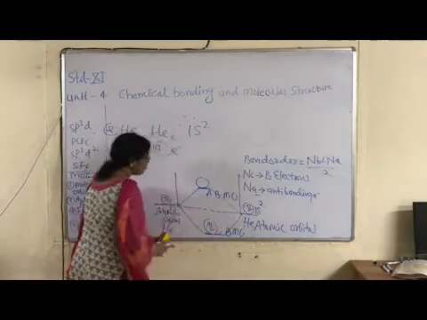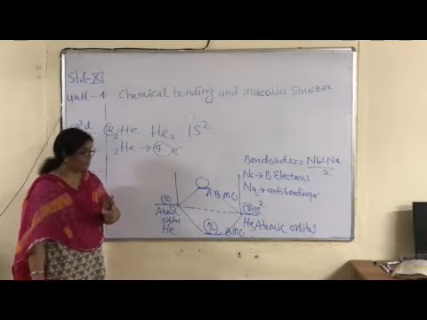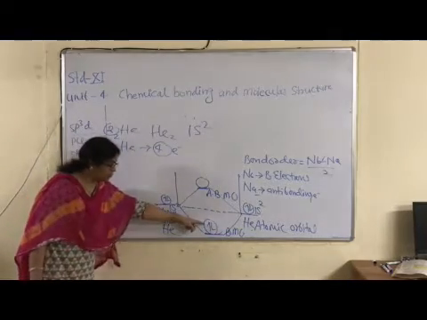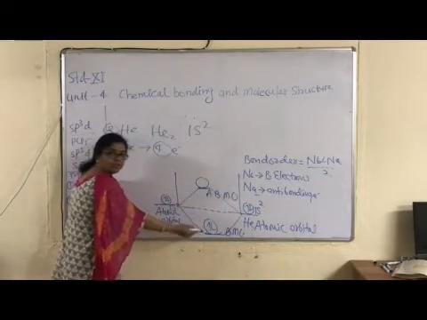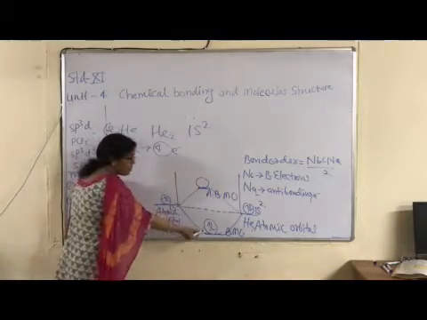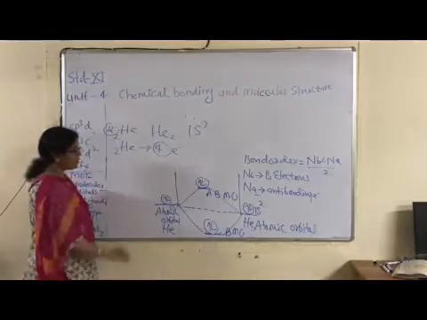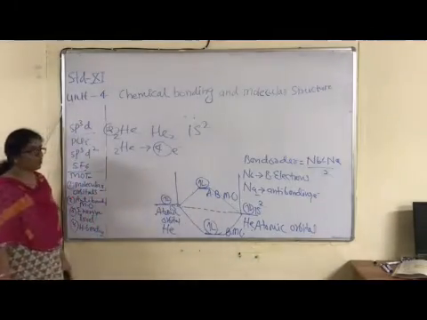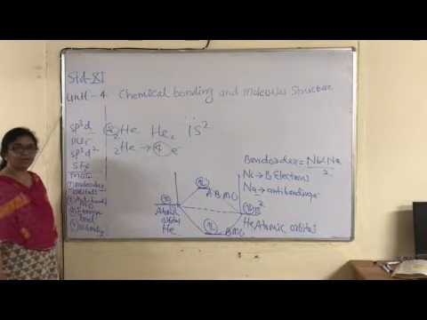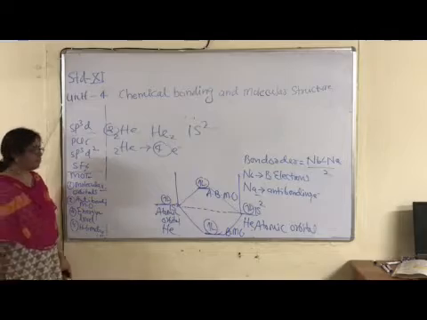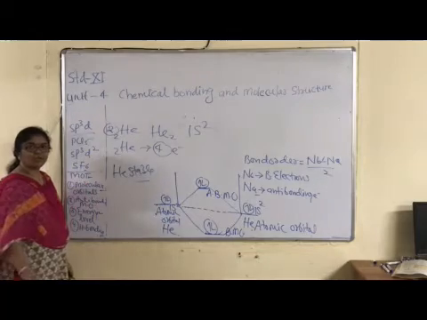Okay children? Then overlapping between the two, and formation of molecular orbitals of two different types: bonding molecular and antibonding molecular. 2 plus 2 is equal to 4. First of all, apply the Aufbau rule, filling from lower energy to higher energy. Calculate its bond order. Nb is equal to 2, Na is equal to 2, right? Then 0 by 2 is equal to 0. There is no bond order because helium is stable. This is a noble element, a noble gas.